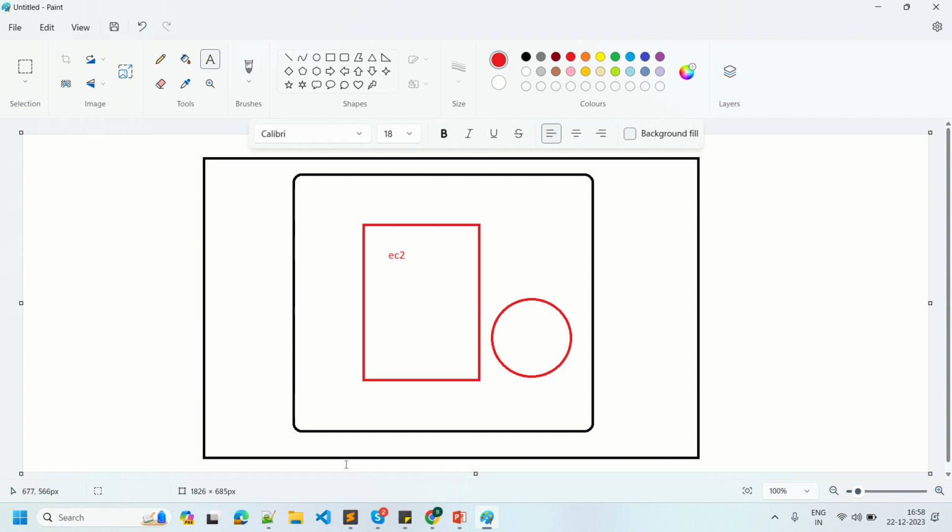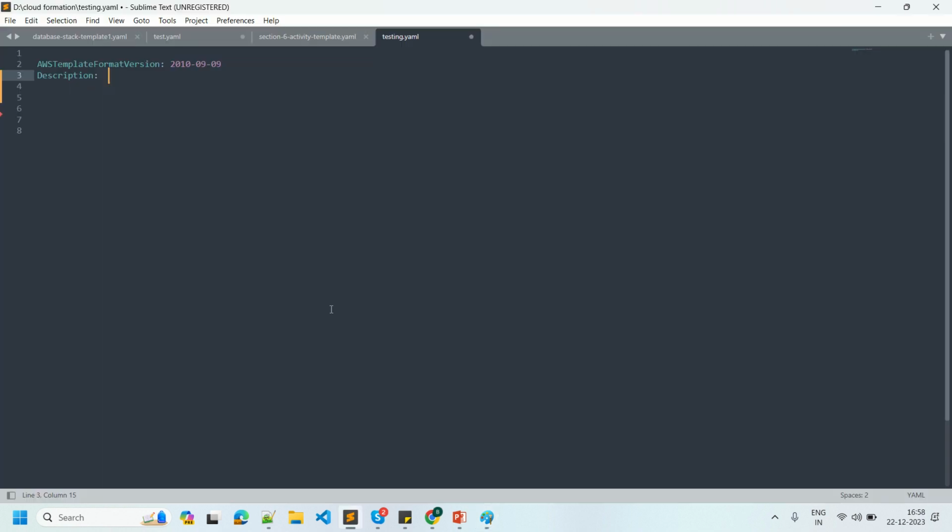So let me open my CloudFormation template. So define the template version, and you can give any description for the same. Create an EBS volume and attach to EC2 machine. Okay, so for that, first create the VPC. For that I'm going to use the AWS specific parameters, so no need to define any code for the same. So let me define the parameters